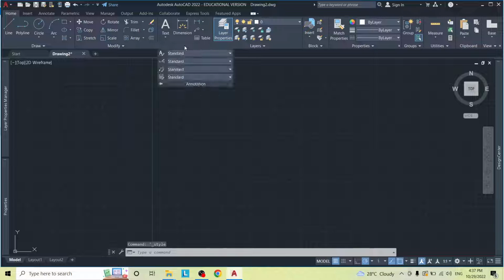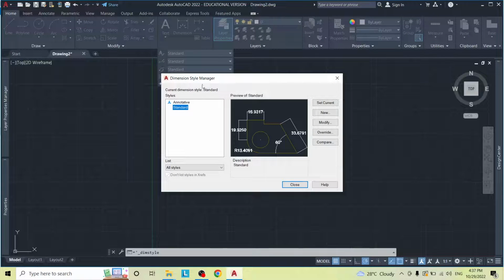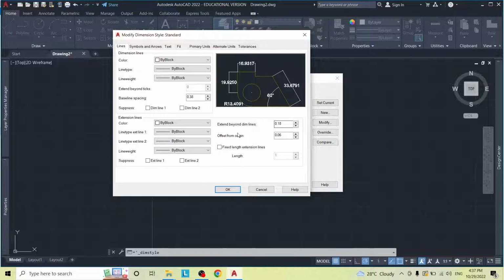All right, let's move on to the standard dimension style here. We just click the icon, the second icon, and then we can come across to modify. Make sure it's on standard. It should be there by default. Hit modify. If we come across to the lines tab, we want to change the extend beyond dimension lines. Now